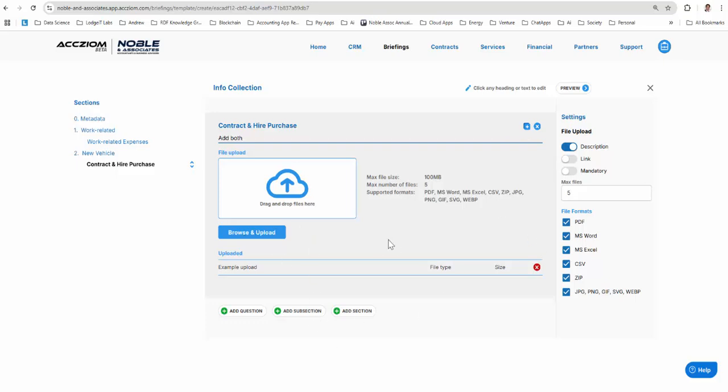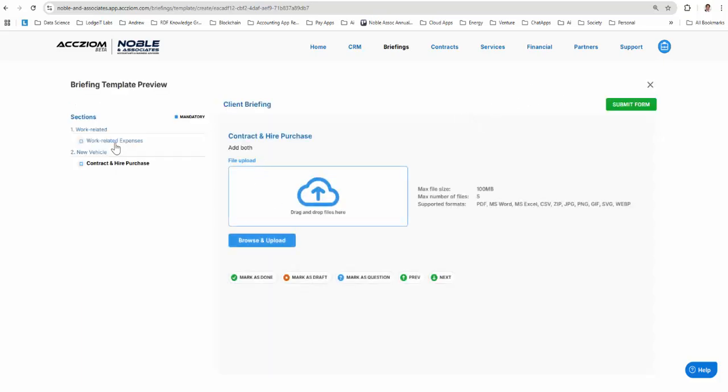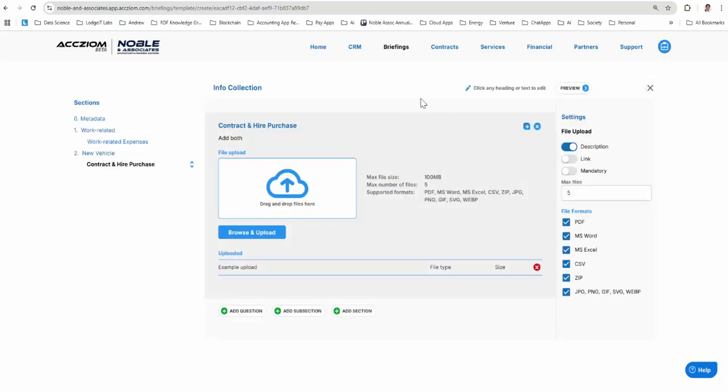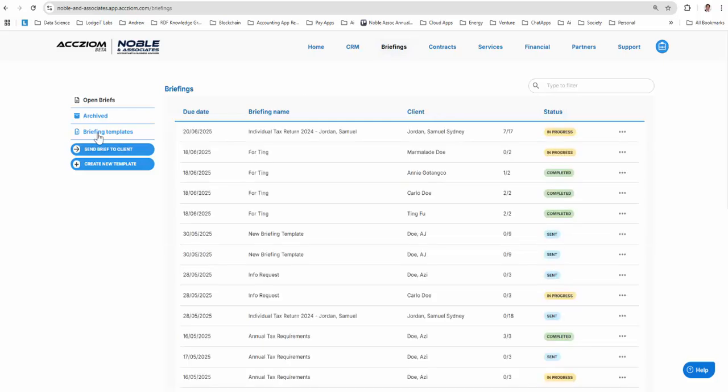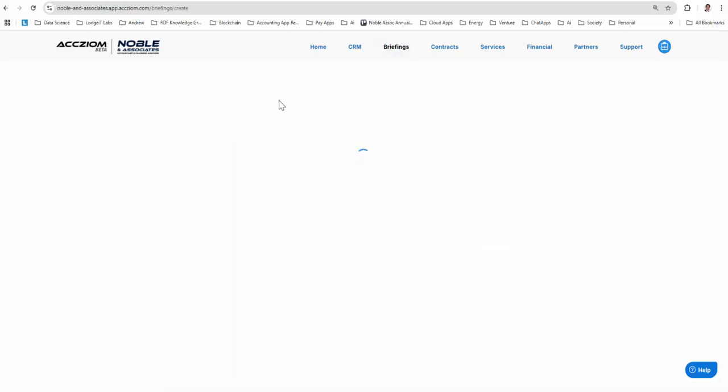Okay, and you can have a look and see how this is going to look for the client by looking at it at the preview. So you can see they're going to step through here, right? Now, we've called it info collection, so just remember what it's called, because when you head back here and send the briefing to the client,